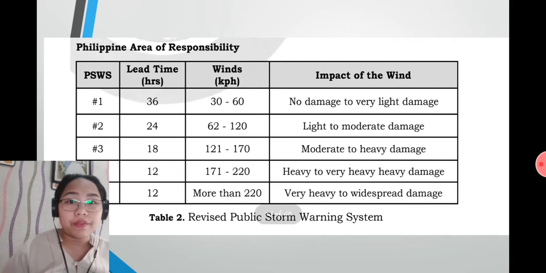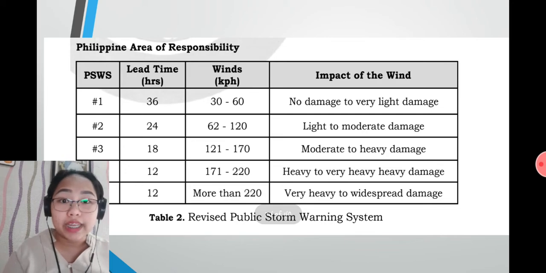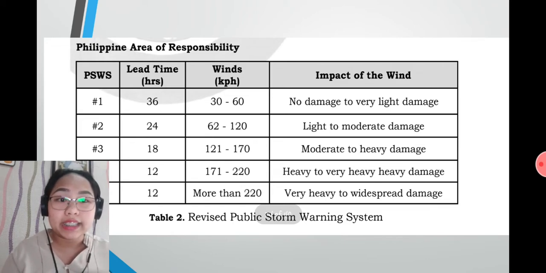And lastly, PSWS number 5 with a lead time of 12 hours, having a wind of more than 200 km per hour, the impact of the wind is very heavy to widespread damage. So this is table number 2, or what we call the revised public storm warning system. Next, to visualize,